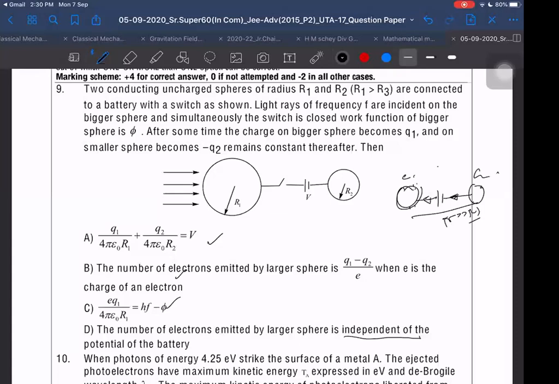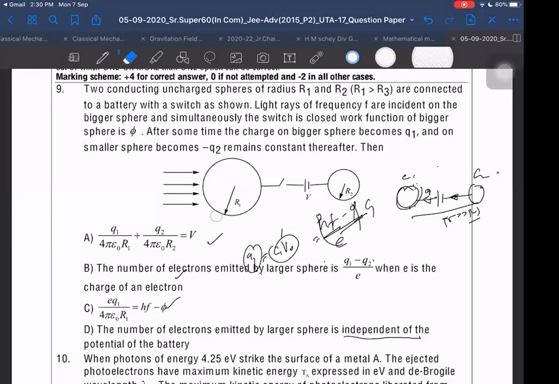So because that charge flown is independent of hf and phi, then I can choose hf and phi in such a way that I can make (hf minus phi) upon E, which is equal to stopping potential V. That stopping potential into C1, if I multiply, that will give me Q1. So I can choose it in such a way so that I can make it even equal to Q2, because these are independent of each other.